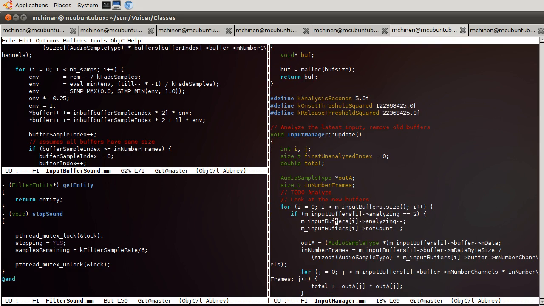So every buffer only gets analyzed in this loop once. The reason you can say that is because analyzing is 2, and once it gets in here, we decrement that. And at this point, it's also safe to decrement the ref count because the deletion happens in this loop as well, in this function.